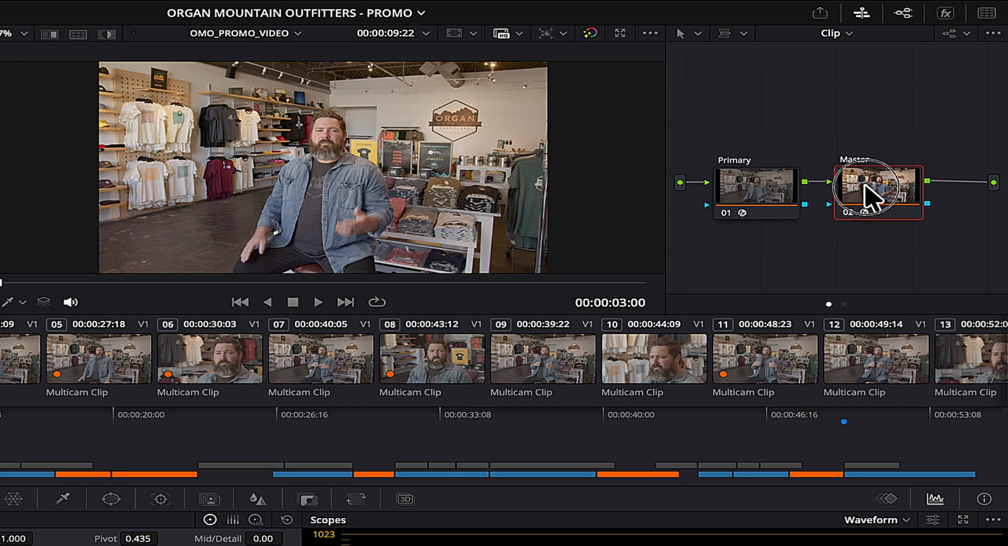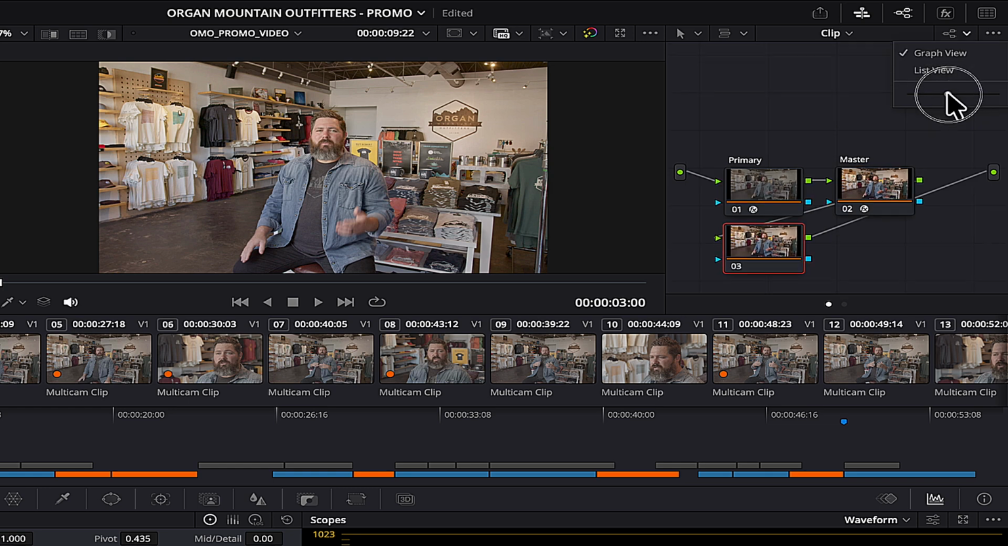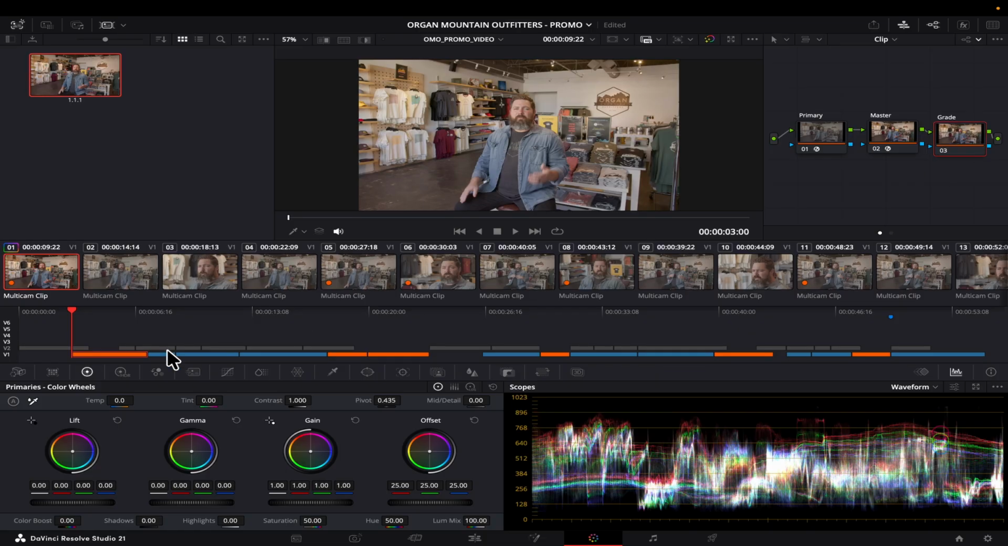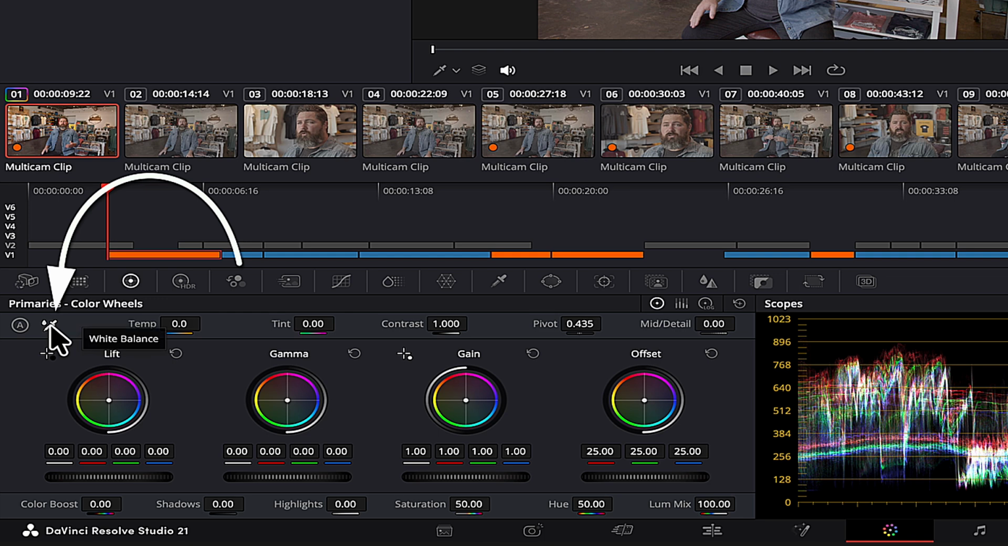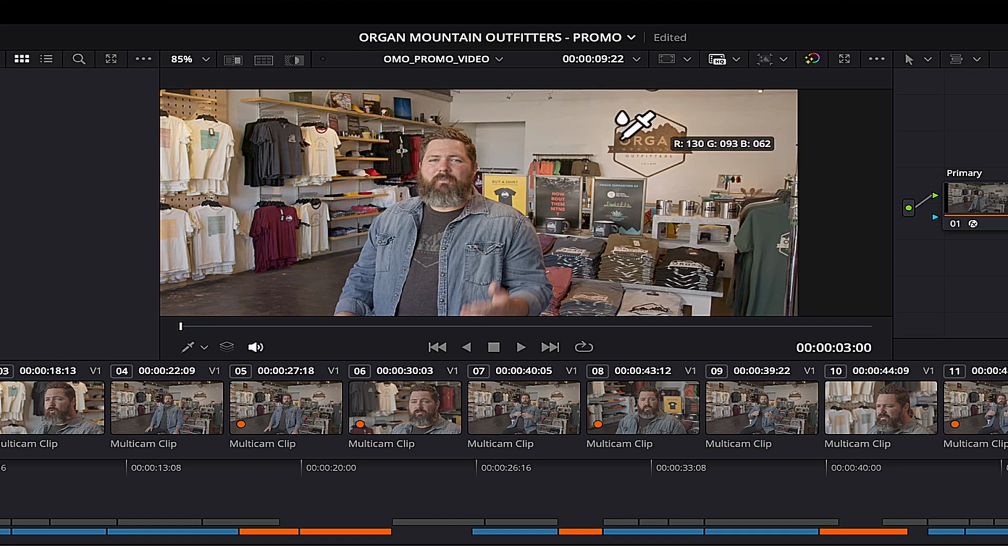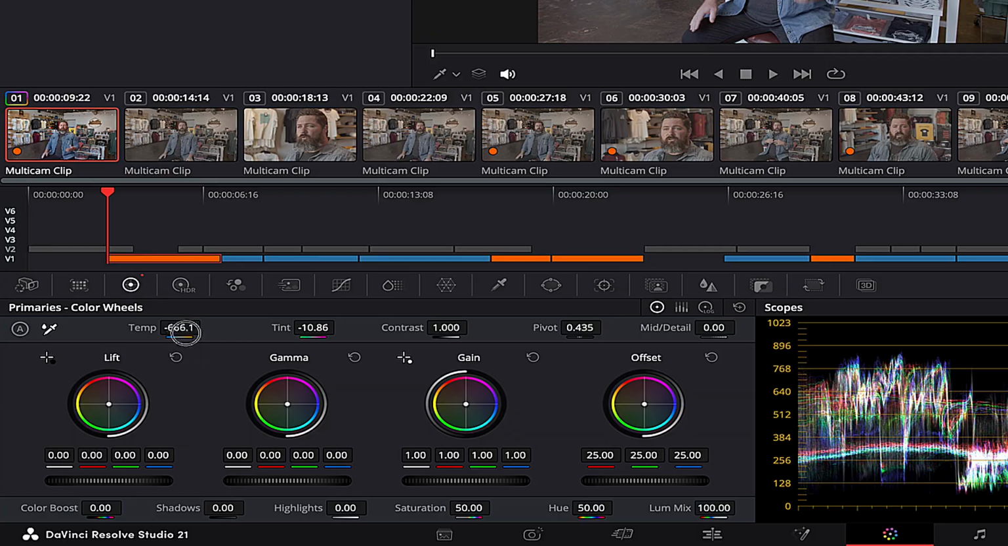I'm going to create one more node over here. Let me make this a little bit smaller so that you can see. And in this node, I'm going to label this as grade. All right. So the first thing I'm going to do is choose this white balance tool over here. And I'm going to choose a white area from this footage. Maybe somewhere here. I think that does a pretty good job. I think I can tweak this a little bit, maybe make it 6, 7, 8,